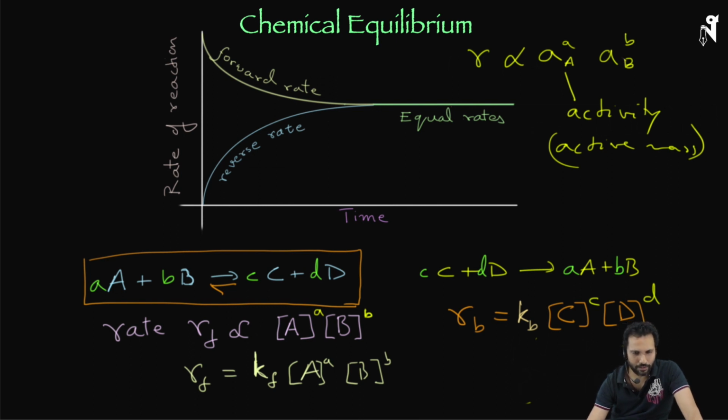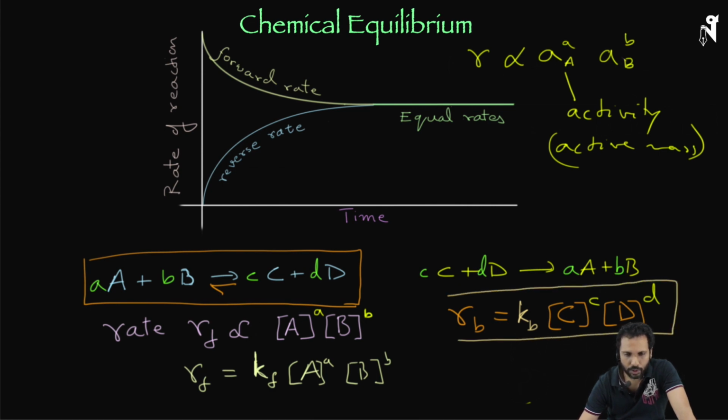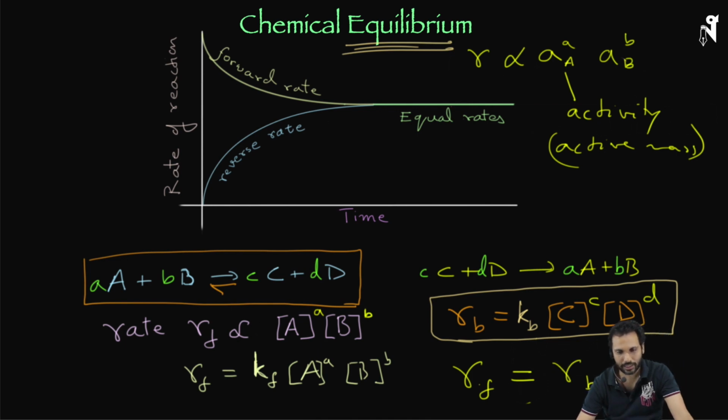Now, the individual rate is what we are going to study in the chemical kinetics chapter next year. There we'll delve much deeper. That means we are going to see what the molecularity of the reactants is, what the proposed mechanism of the reaction is, and what the subdivision or steps of this reaction might be. All these we are going to study next year. So this year we don't have to concern ourselves with how we get this, but we have to concern ourselves with equilibrium, which means that your rate forward is going to be equal to rate backwards when equilibrium is reached. So this is the case we are going to study.